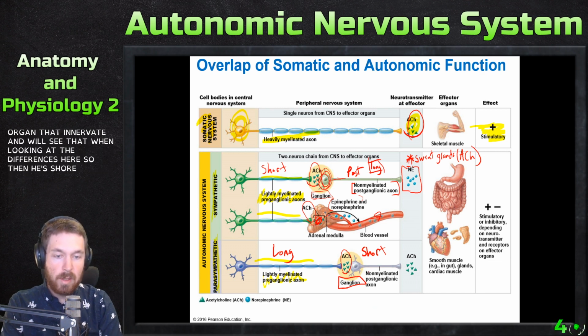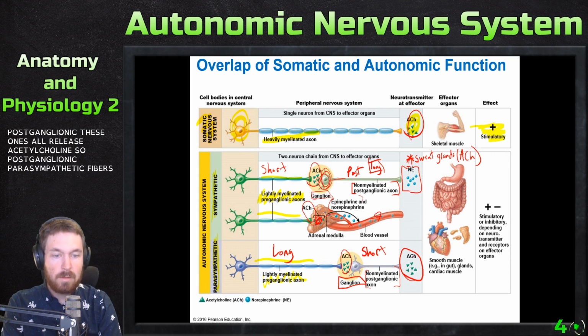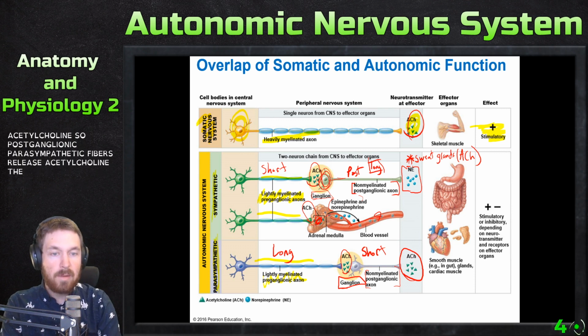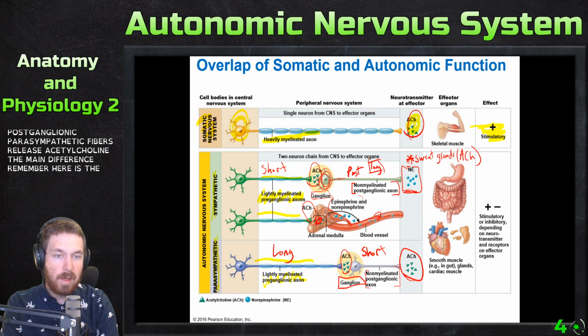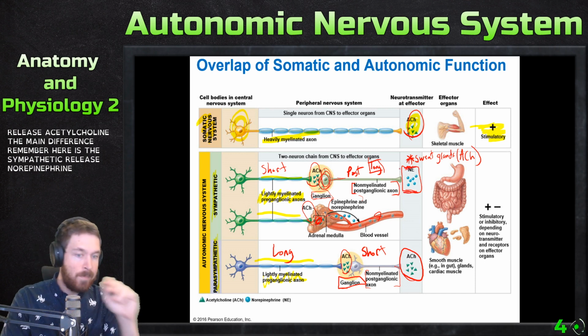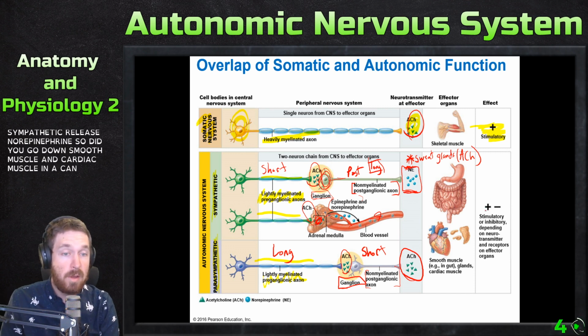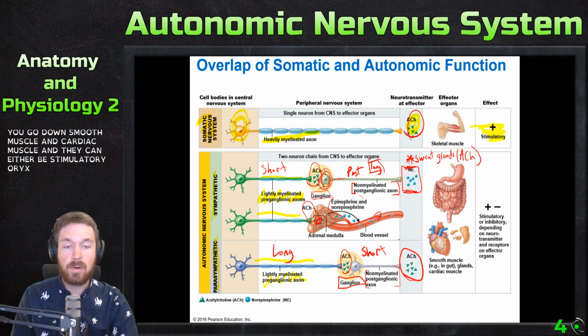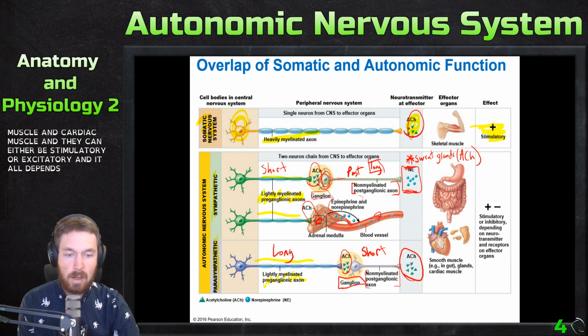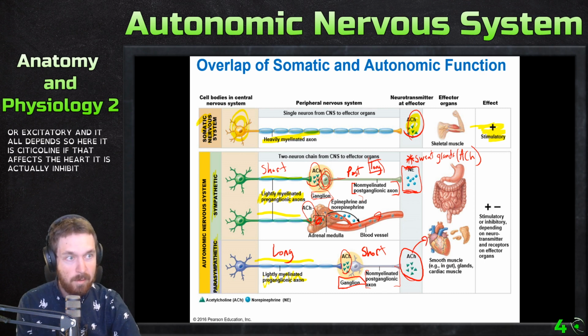And we'll see that when looking at the differences here. So then these short ones, again, non-myelinated, postganglionic, and these ones all release acetylcholine. So postganglionic parasympathetic fibers release acetylcholine. The main difference to remember here is the sympathetic release norepinephrine. So these go into smooth muscle, glands, cardiac muscle, and they can either be stimulatory or excitatory, and it all depends. So here, acetylcholine, if that affects the heart, it is actually an inhibitory effect because of the